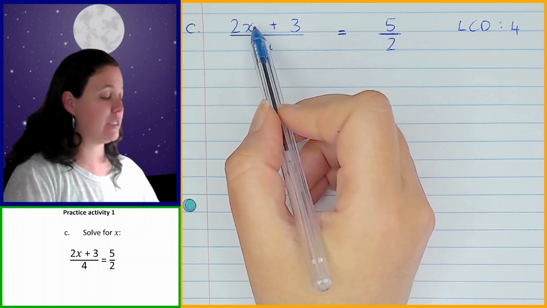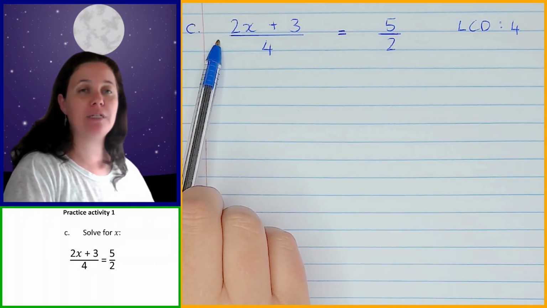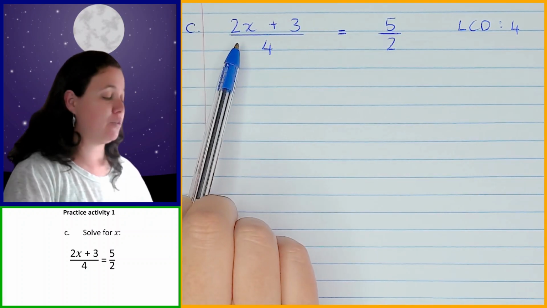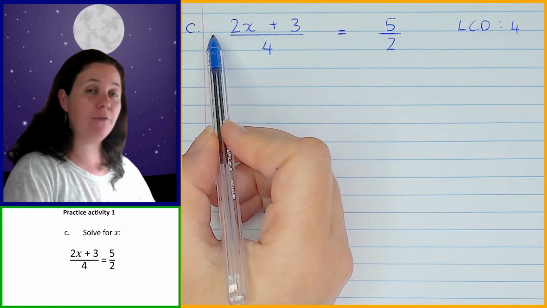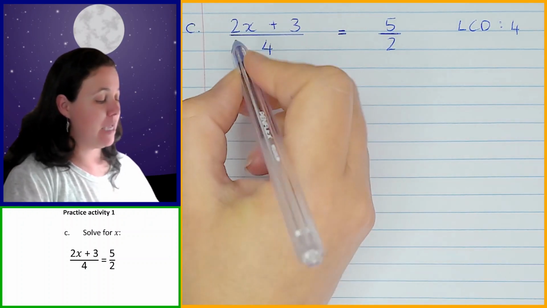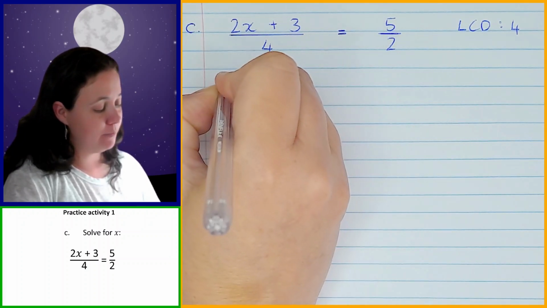Now normally, because this has got more than one term, I would put it in brackets, but there's nothing in front of it and I'm not multiplying it by anything. So for this particular example, I don't actually need to put this one in brackets. If there was a minus in front, or if I was multiplying by anything, then I would have to put it in brackets. But in this particular case, I don't need to. So I can just write 2x plus 3